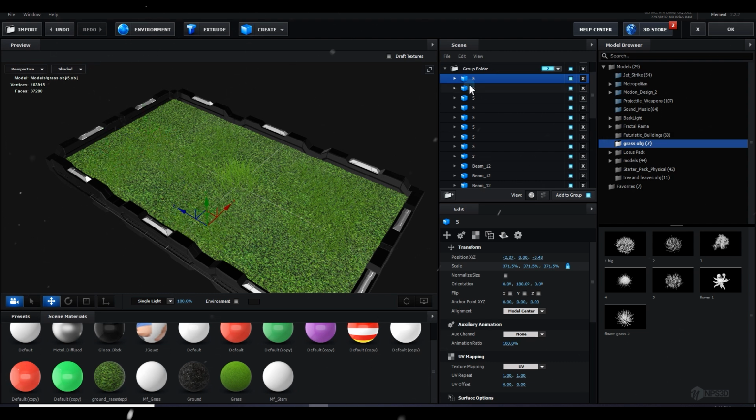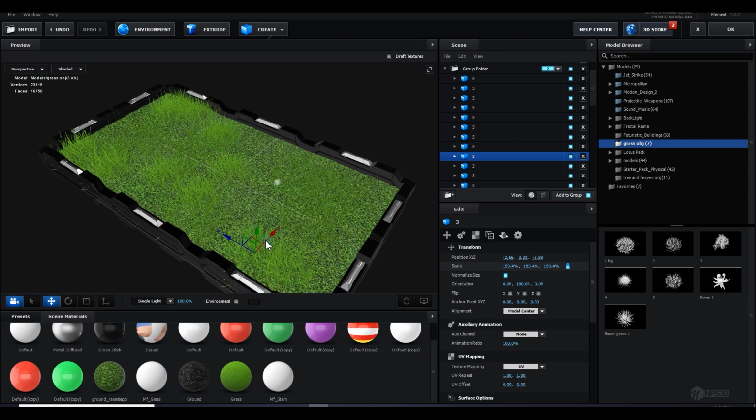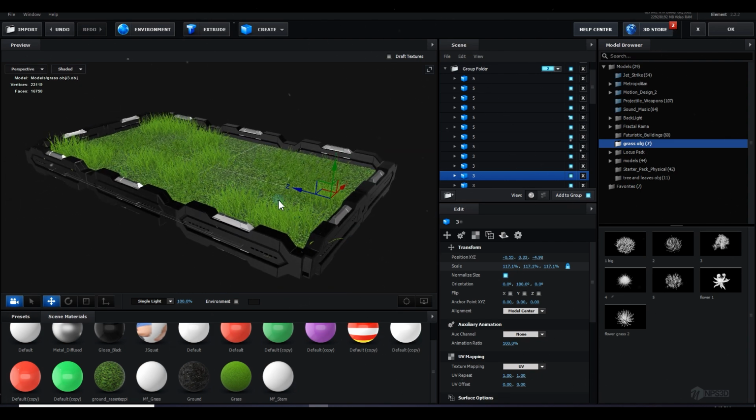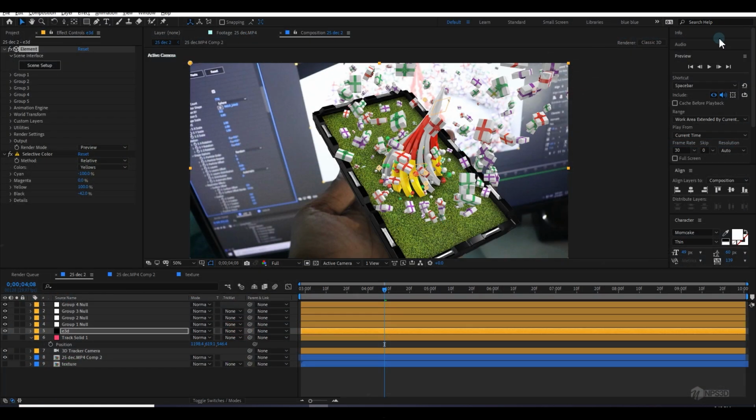I can also use particle replicator to do all these steps, but everything is in your hands. If you want, you can do it. You can also select a few grasses and bring down the scale to make them a little random. So this is the thing which you can do.